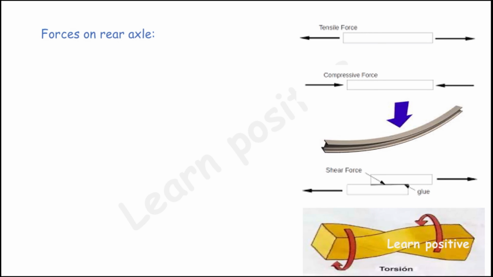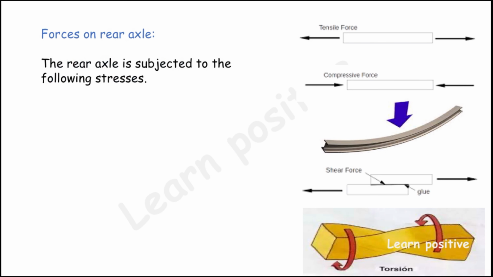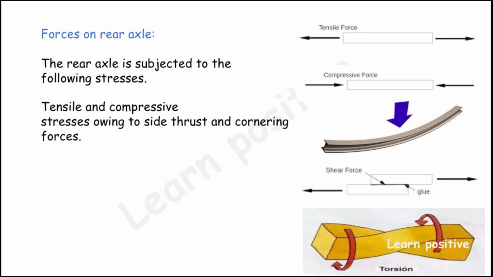And the forces on the rear axles. The rear axle is subjected to the following stresses. They are tensile and compressive stress. The tensile and compressive stress are owing to side thrust and corner forces, and the bending stress due to the vehicle weight. The tensile stress happens due to the longitudinal stress by pulling the material, and also compressive stress